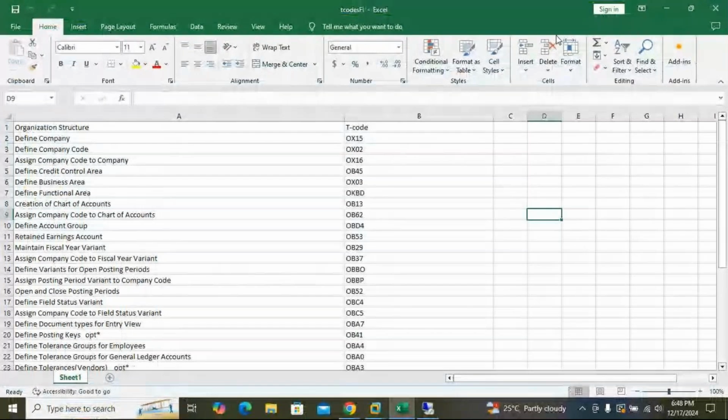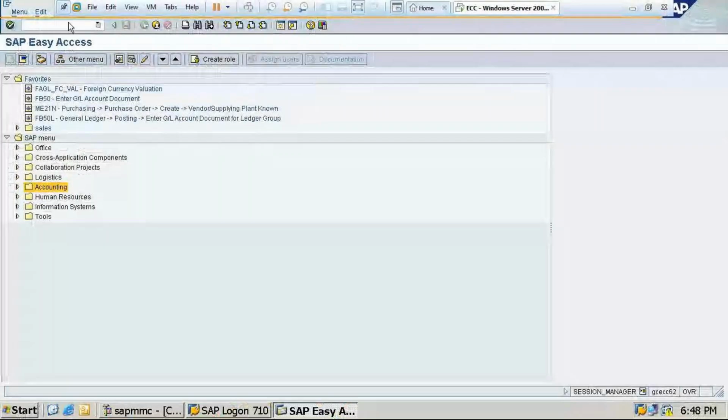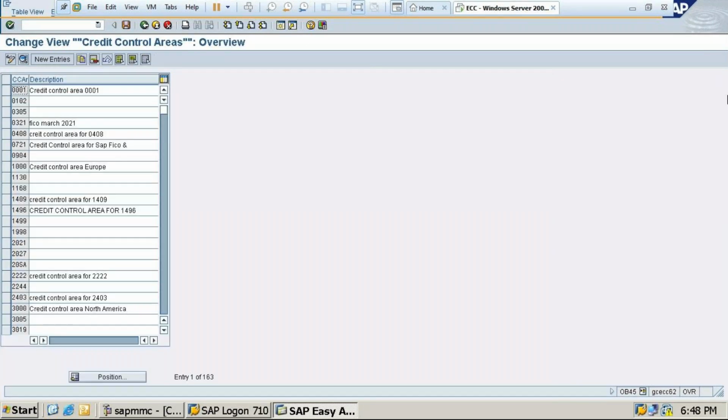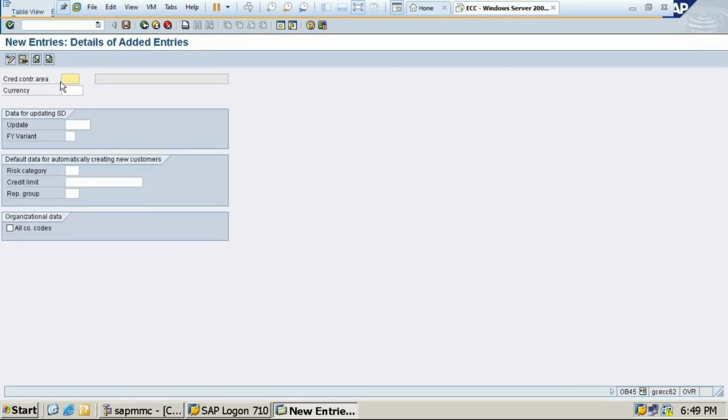OB45. What is that? OB45. Today I'll send you practice with this. /n OB45, and do not use caps lock. So click on new entries. So here credit control area is Info, only I'm giving because that is my company code.